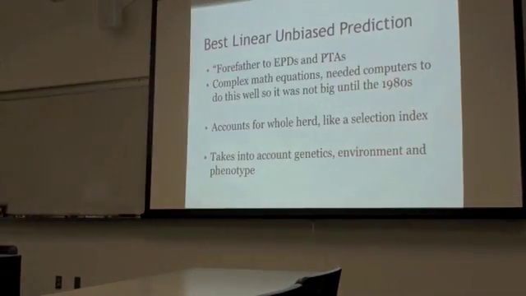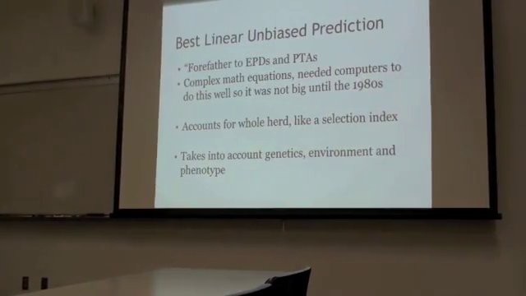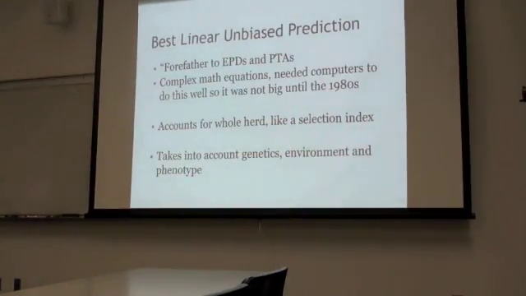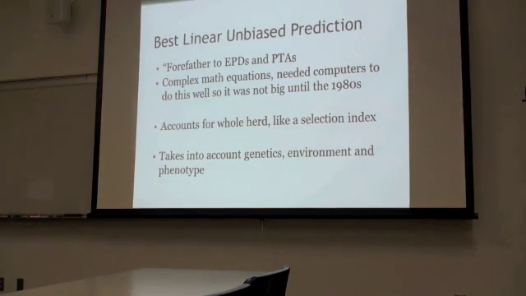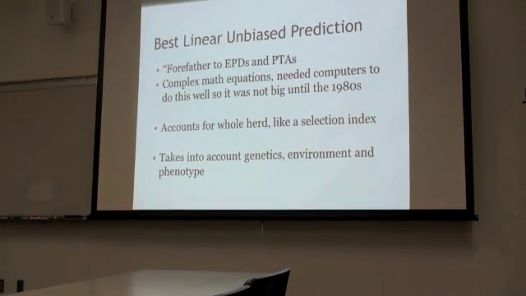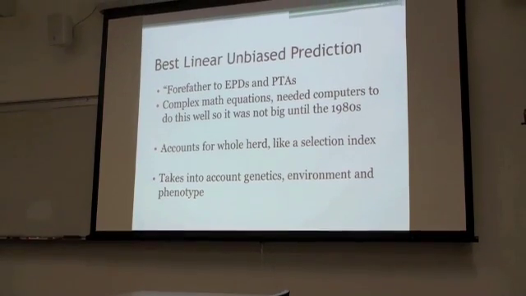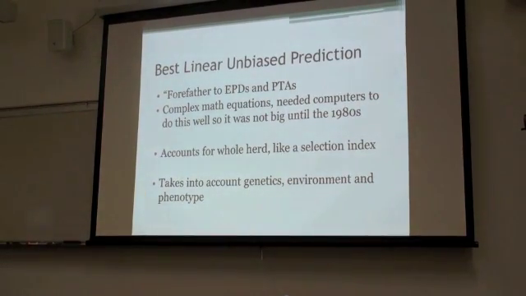But central testing could be biased, and so we used a method called BLUP, or B-L-U-P, to change this. Now, as we can see here, BLUP stands for Best Linear Unbiased Prediction, and it's kind of the forefather to EPDs and PTAs. It uses a bunch of complex math equations, and they needed computers to do this really well,